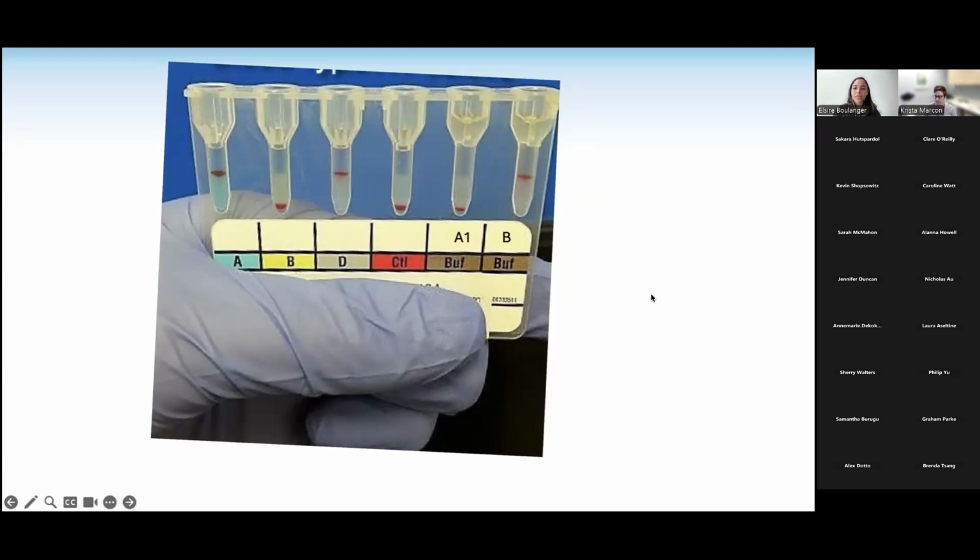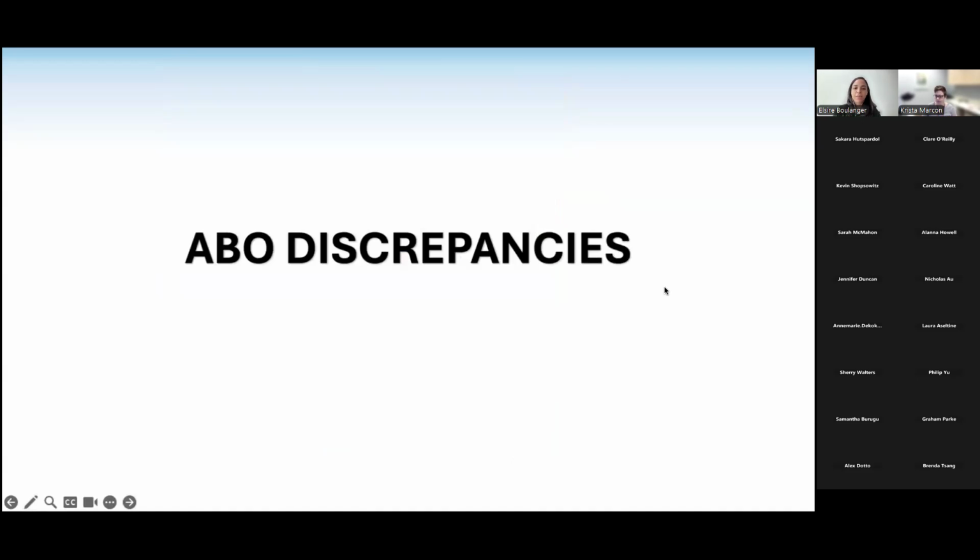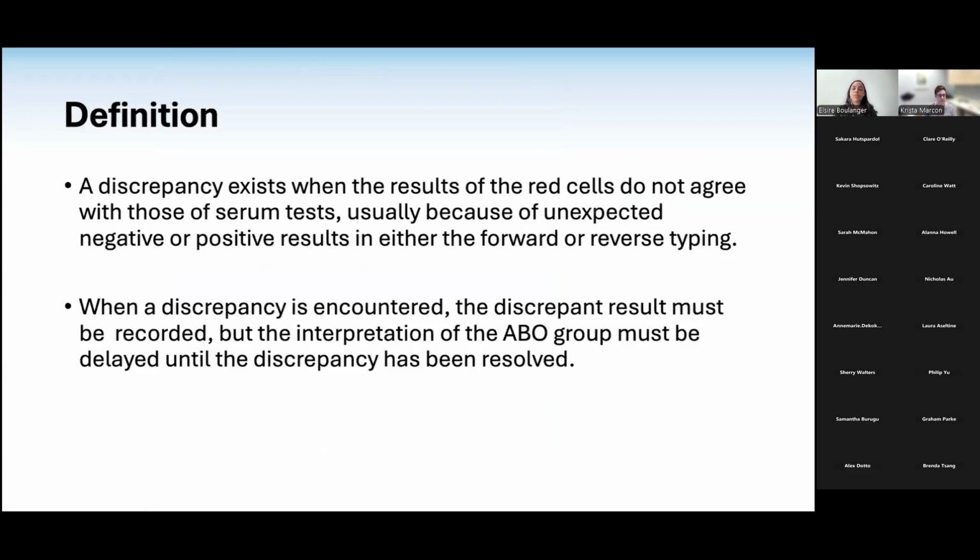And now that we know about it, we can start talking about ABO discrepancies. Just the definition. A discrepancy exists when the results of the red cells do not agree with those of the serum test, usually because we are having an unexpected negative or positive result in either the forward typing or the reverse typing. When a discrepancy is encountered, it is very important to solve it. It must be recorded, but we need to solve it to know what is the real